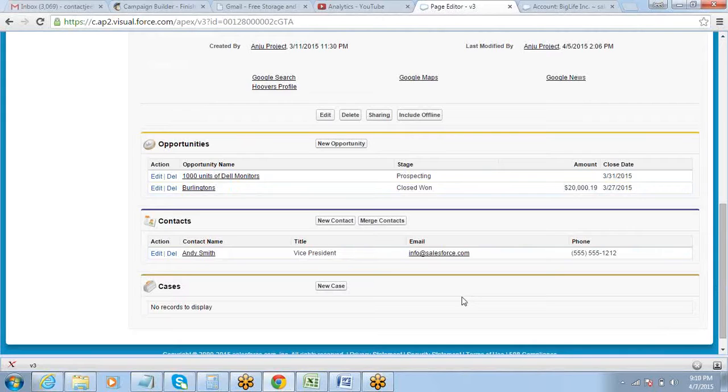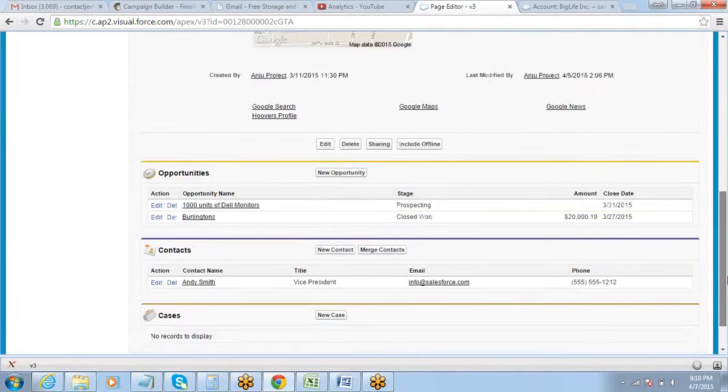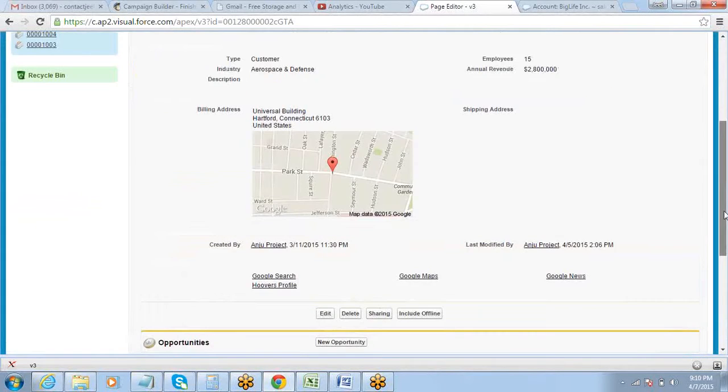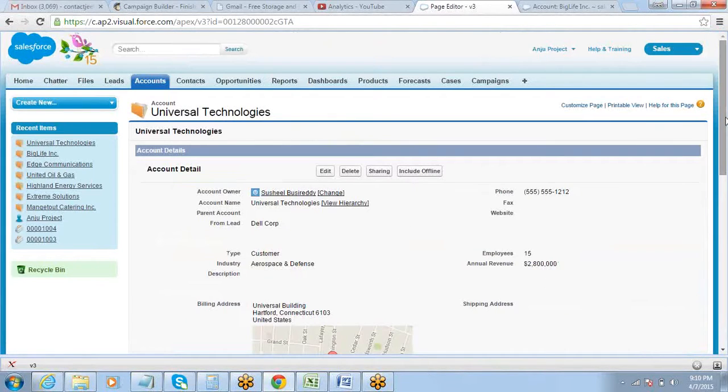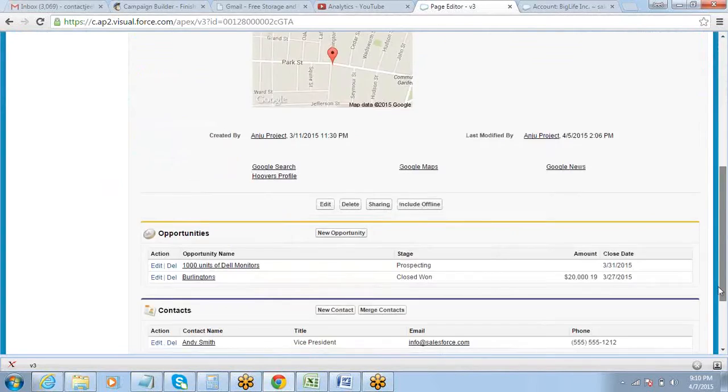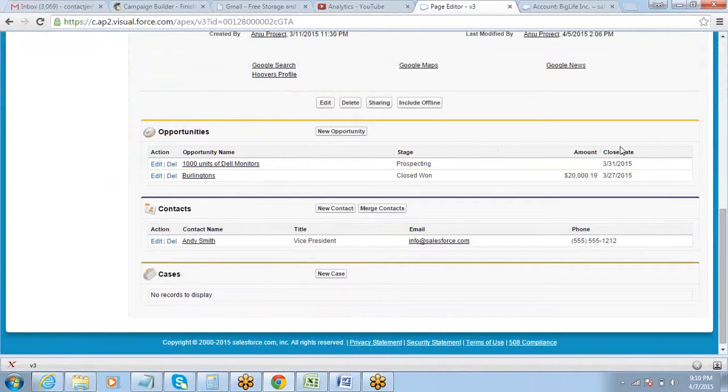right? So if you have multiple related lists being displayed on the page, and there are too many records under each related list, then this page may become a very long page. Okay, and the end user might find it difficult to browse through it, navigate, right? So in that case, we'll have to think of another way of displaying the same data. Let's say this is data, and my sales guy says that, hey, you know what, it's very difficult for me to navigate from the top to bottom, and there are multiple records under this and the other related list, and it becomes very difficult for me to look for the exact information.